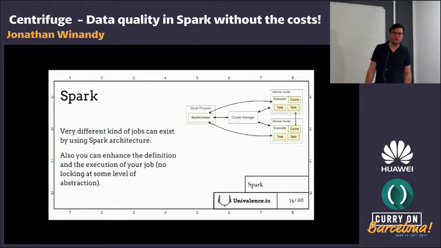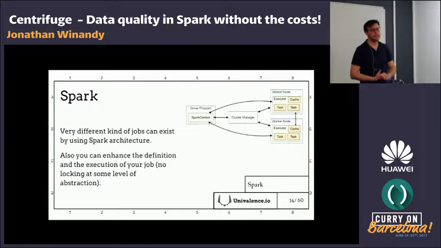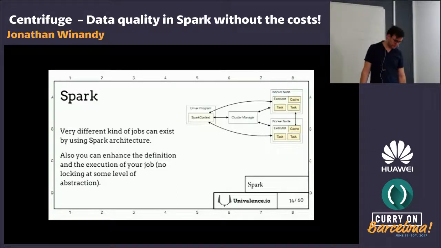Actually, you control the cluster and you can run dynamic workloads, as well as tune the execution of your program after collecting metrics and so on. So you have a lot of control and you are not locked to one level of abstraction. We will see why this is important, because Spark allows different ways to tackle the same problems, and we will see that with the two data quality solutions.